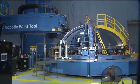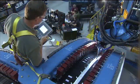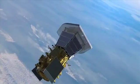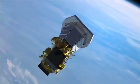NASA has developed expertise in materials, and we will use that expertise to develop materials that will exist within the sun's atmosphere. In particular, we're going to be using silicon carbide as part of the primary portion of the instrument that will see the sun directly, and we will test that silicon carbide material here in this unique facility to make sure that it's going to stand up to the environment